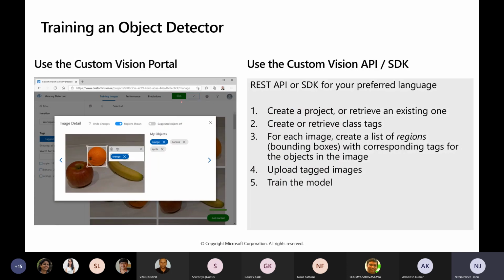So here also we can use the custom vision portal. The same approach, we can use our portal for training our models by submitting the images, or you can directly use the custom vision API or SDK. If you're using the custom vision API, you need to create a project, then create the class tags. And for each of these images that we are going to train, we need to specify the bounding box information